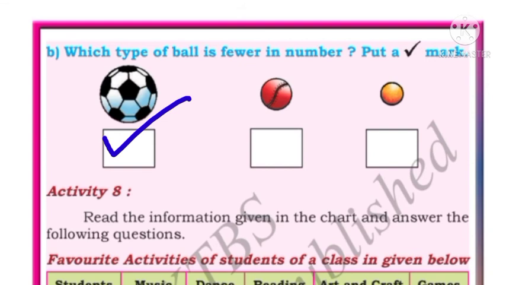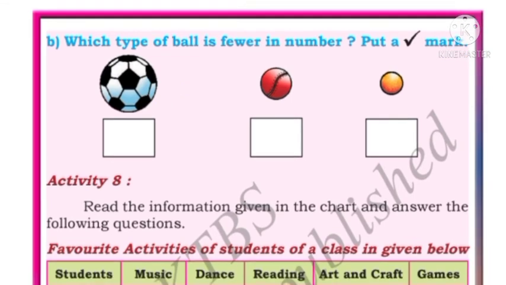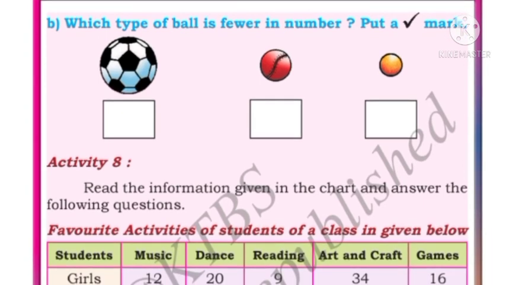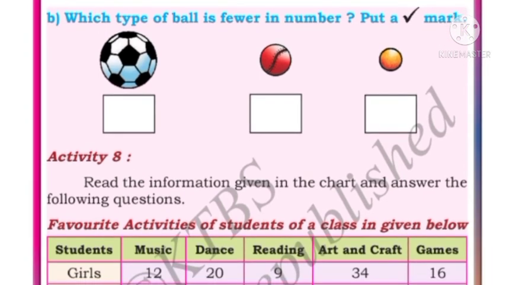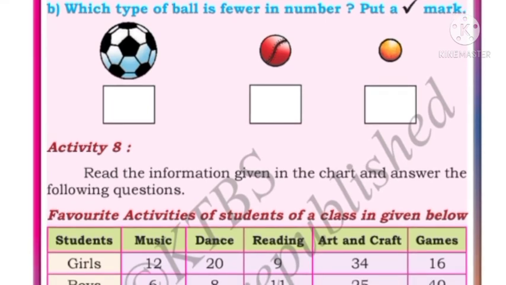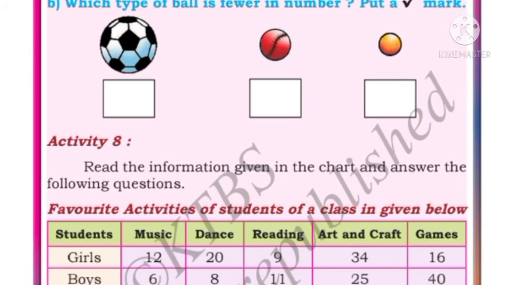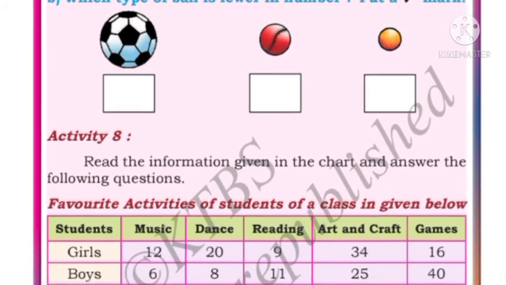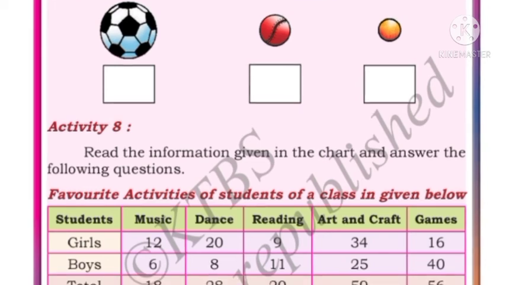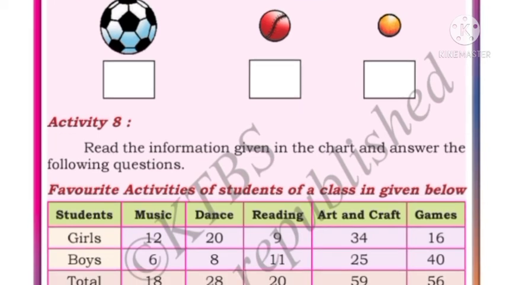Then next activity, sorry, I told you activity number 7 was the last activity, but another activity is there. Children, read the information given in the chart and answer the following questions. See here, one chart is there. Can you see a chart here, children? Yes, here in the different activities such as music, dance, reading, art and craft, games, different numbers of girls and boys